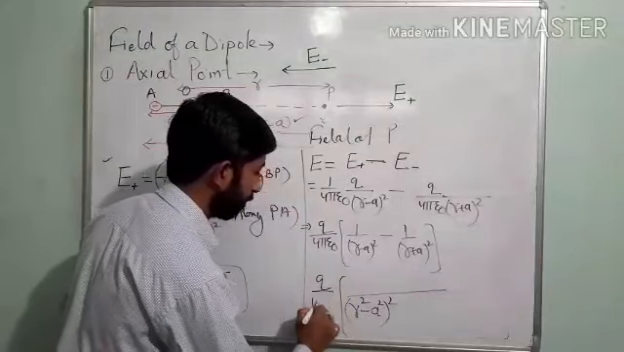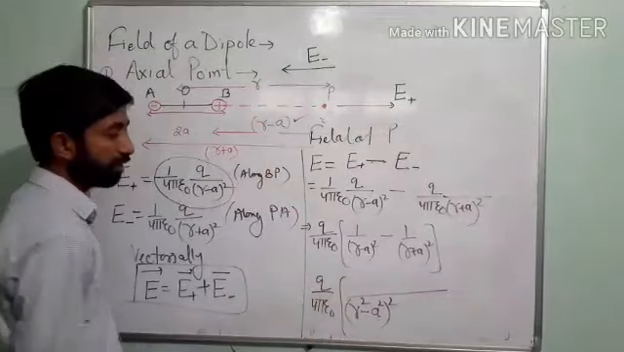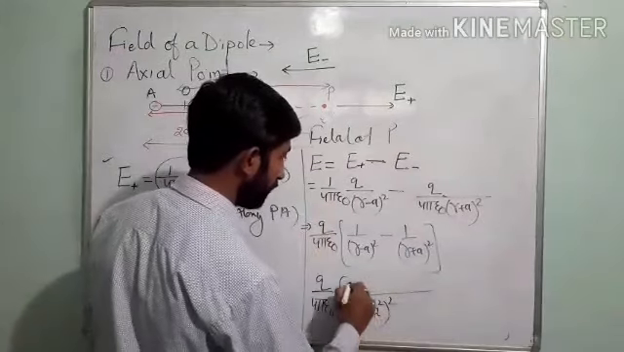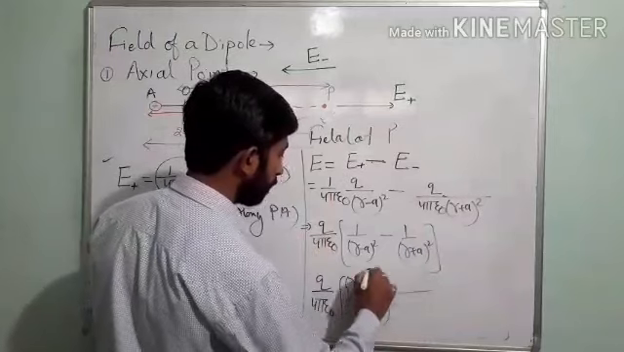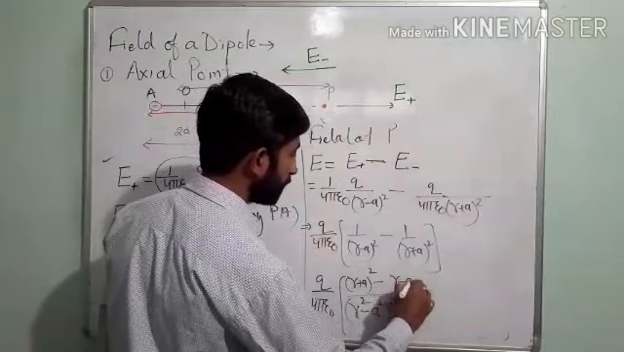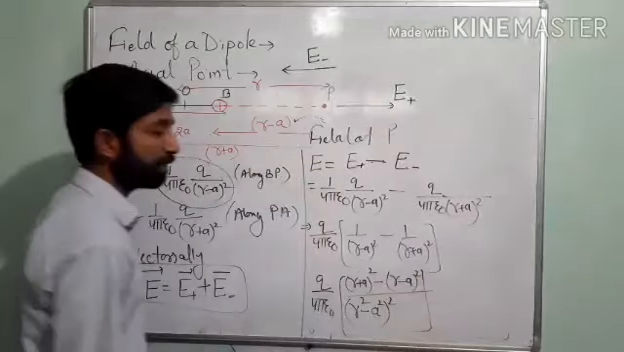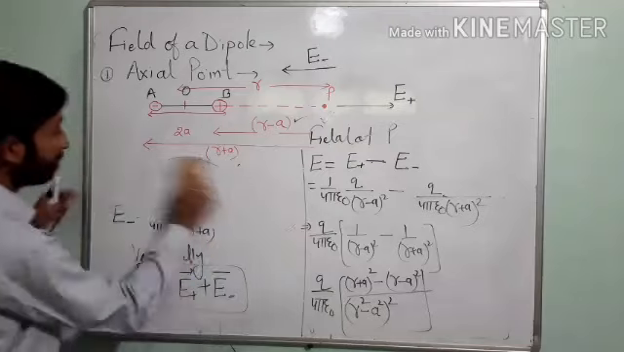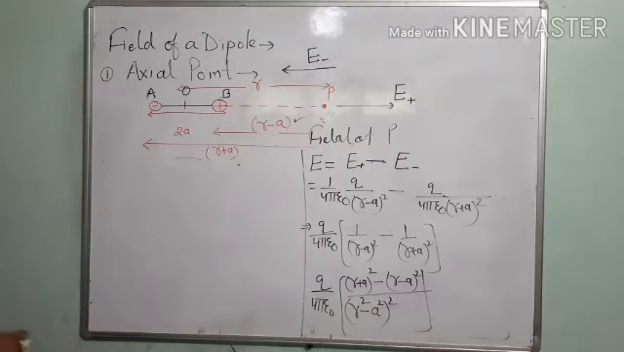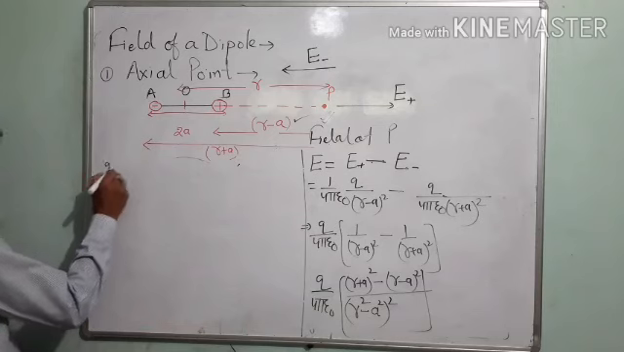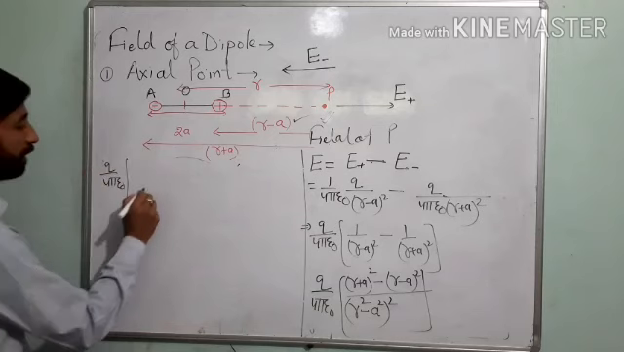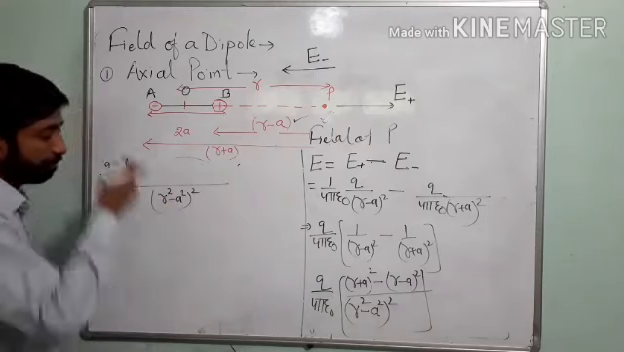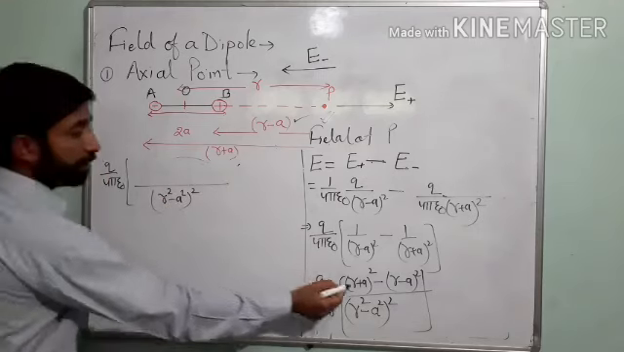That is Q upon 4 pi epsilon naught, and this quantity goes where you know the simplification, that is (R plus A) whole square minus (R minus A) whole square. Just go and simplify this. So we will have Q upon 4 pi epsilon naught, (R square minus A square) to the power 2, and expanding this we get